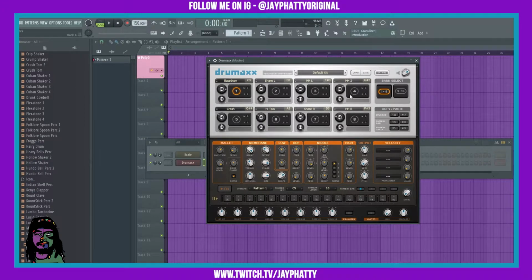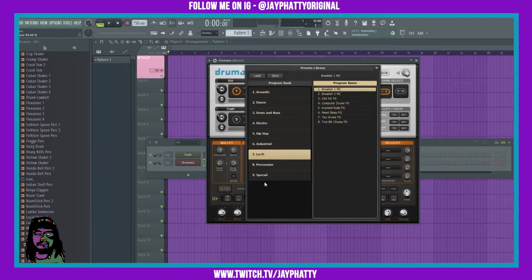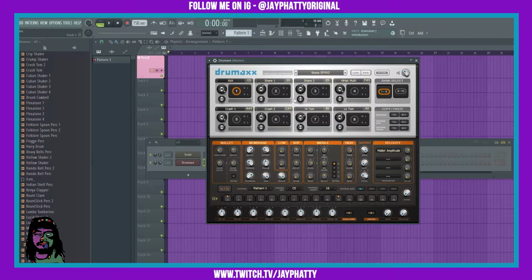You have 8 pads here and you can choose what you want on these pads. You can put in your own sounds. You have different kits up here. If you go to presets, you can choose different kits and there's some good sounds in here. But the whole difference between this and FPC is it's got a lot more percussion settings. So you can make stuff sound really crazy. Like you have the mallet setting, membrane, low, soft, middle, high, velocity, and then you also have, you can make